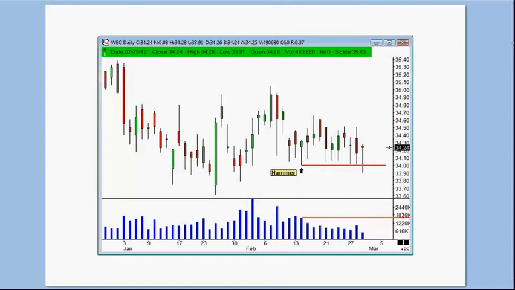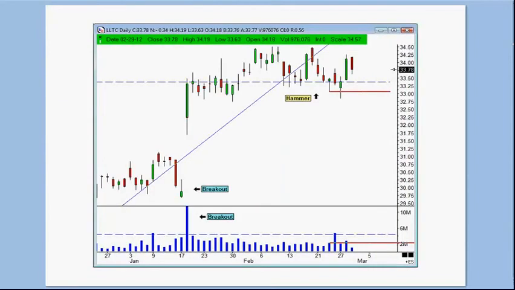If we come over and take a look at LLTC, you know that this is one that has been on my buy list because I wanted to be able to play this as it came back into the breakout here. I have been watching this, and voila, what do we get? We get up at the top of resistance here, a hammer candle, a number 2 hammer candle, if you will. And what I think we have setting up in LLTC is an ABC up.